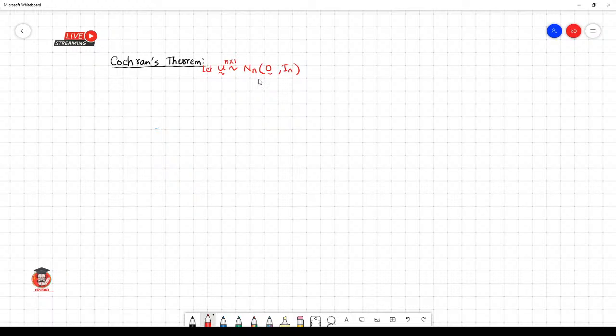I_n is the identity matrix of order n. If a quadratic form,